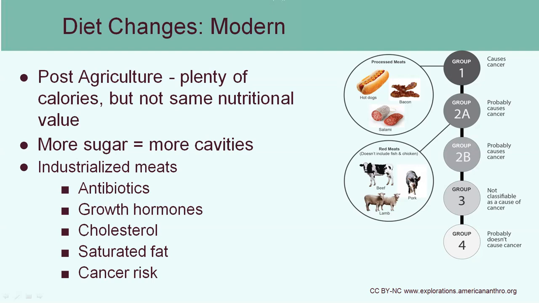However, they did not provide the same nutritional value. That's because the types of food people ate became much more narrow and much more concentrated on the specific crops that they were growing and the specific animals that they were raising. We also, of course, see an increase in the sugar content of food. Again, sugar is something that people find pleasurable to eat. But when you consume a lot of sugar, it creates more bacterial growth in your mouth. And this is going to result in more cavities.